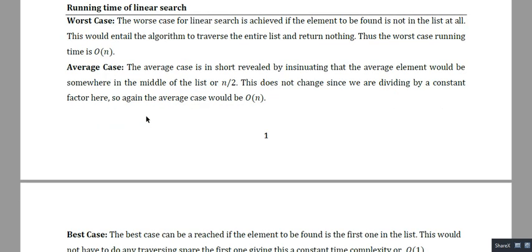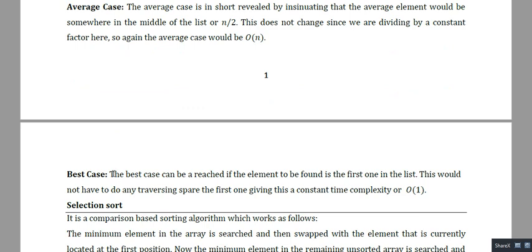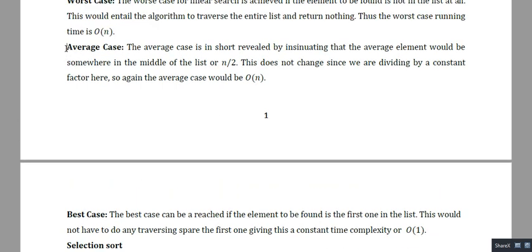So the worst case analysis of linear search occurs if the item to be searched is present at the last index of the list, or it is not present at all. Now the best case of this linear search algorithm occurs if the item we want to search for is present at the first index. Just after one comparison we will know that yes, the item is present in the list. So only one comparison is required, and the best case time complexity is order of 1, right? And the average case is where the item is somehow present in the middle of the list, so it will be order of n by 2, which is equivalent to order of n, right?